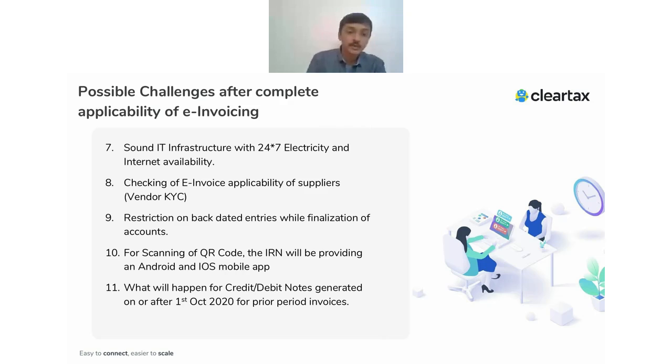And what will happen to the credit debit notes? This is a major question which we will take up in the further slides. The major question: what will happen to the credit debit notes generated on or after 1st October? But this credit note is linked to the invoices which have been raised before. So let me give a brief about it. As we know that